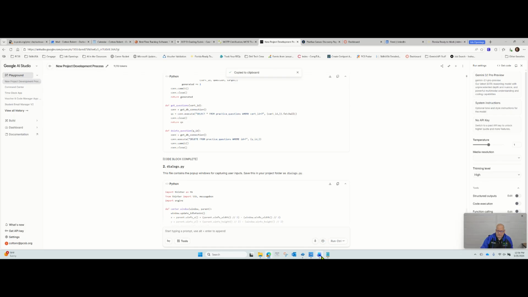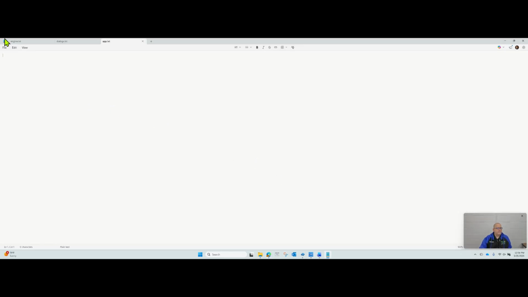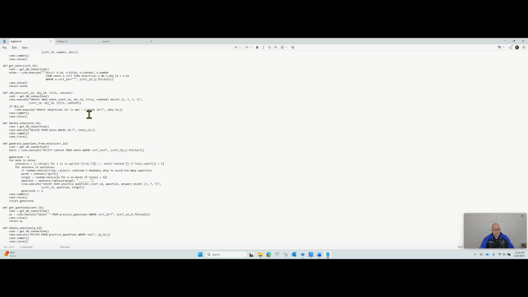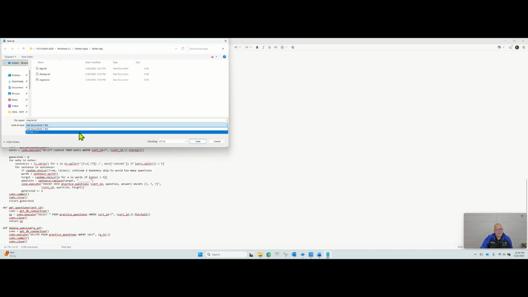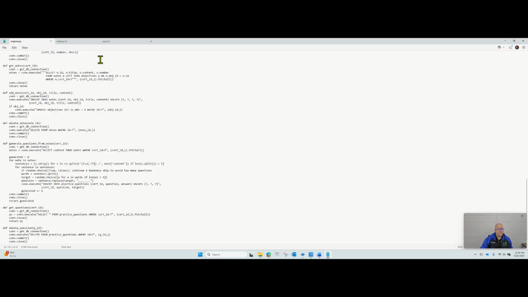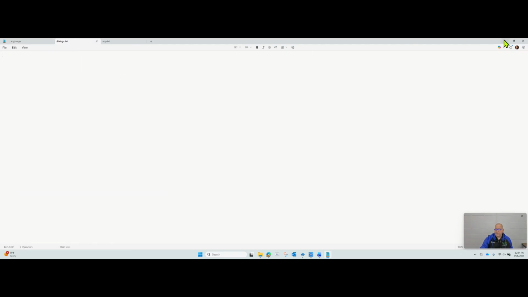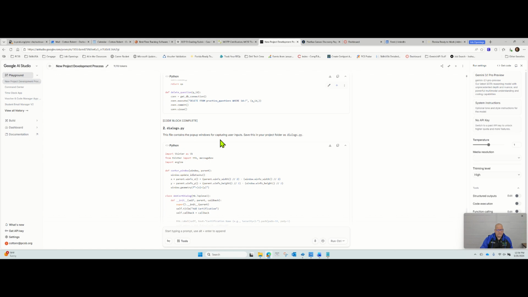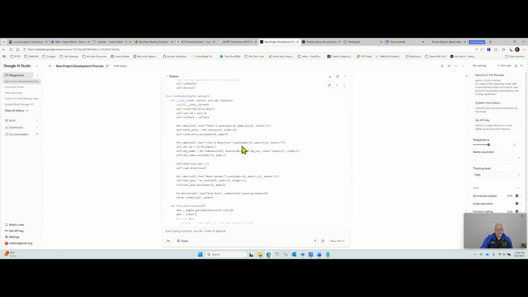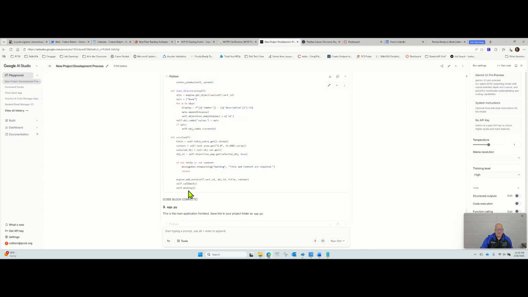So we'll copy that code, open the notepad, go over to engine, paste it in there. Now we're going to do a file save as. Pull this down to all files and change the .txt to .py. So now we're saving it as a Python file. Then we're going to do the same thing for dialogues. Here's the code for that. Scroll down, make sure it's finished. Okay, finished here. Copy that code